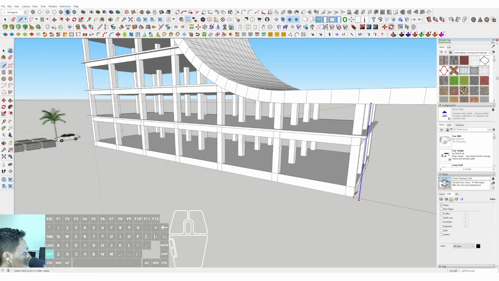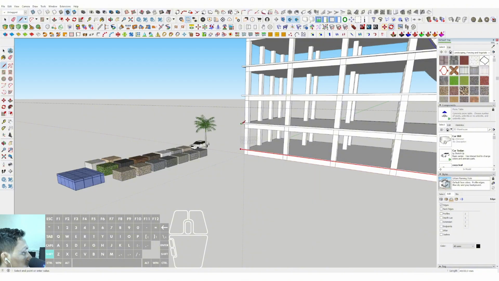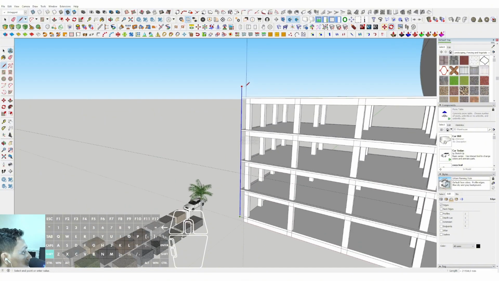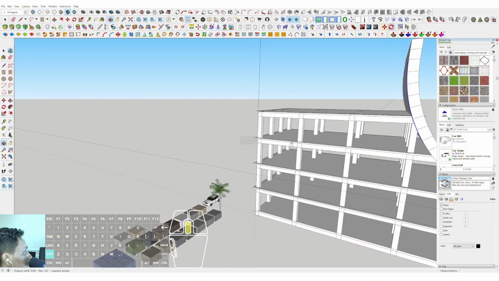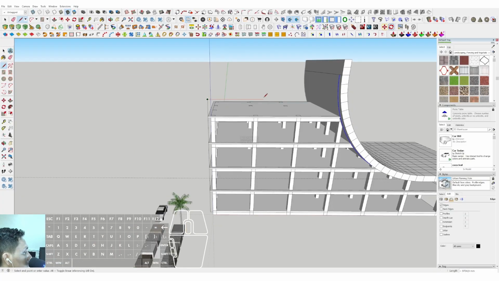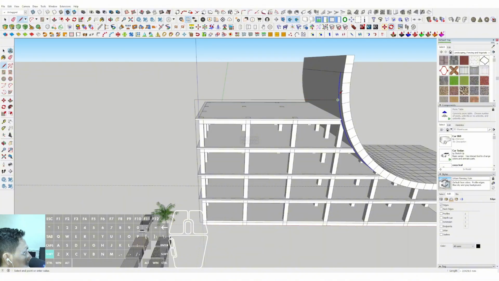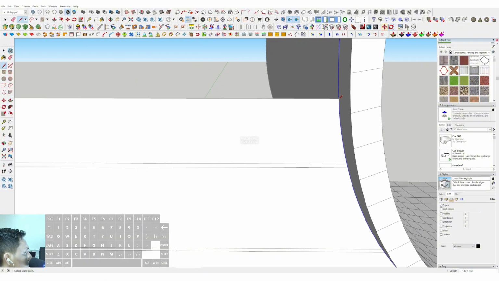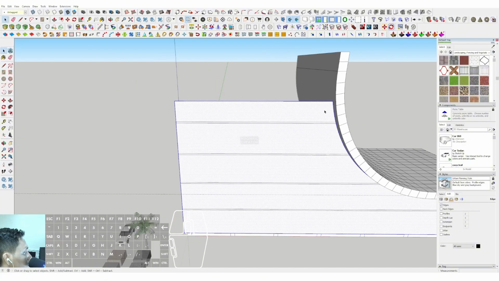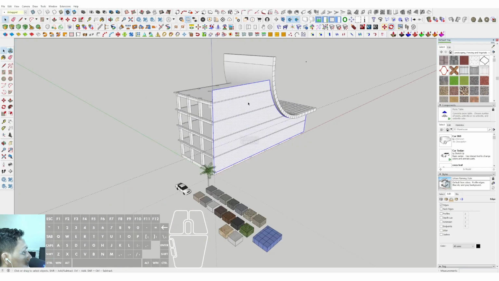We have to fix the line axis. Okay, and place, and we can draw the other. Until this position is enough, then we can erase some unnecessary line,